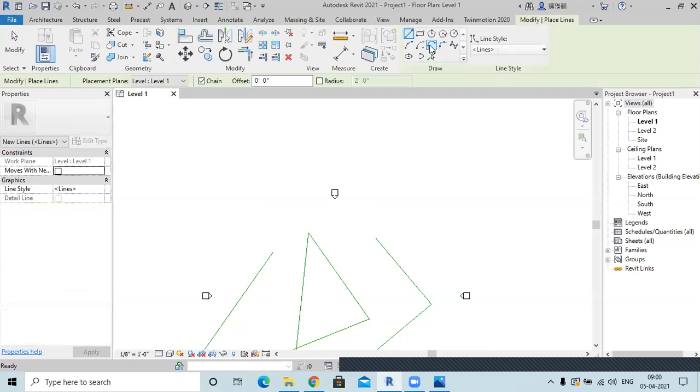I'll show you how. Here the radius is 2 feet. We'll keep it at 5. Sometimes it doesn't work, because now I have kept it at 5. Okay, so my radius is changed, so it will only create a small arc like this.